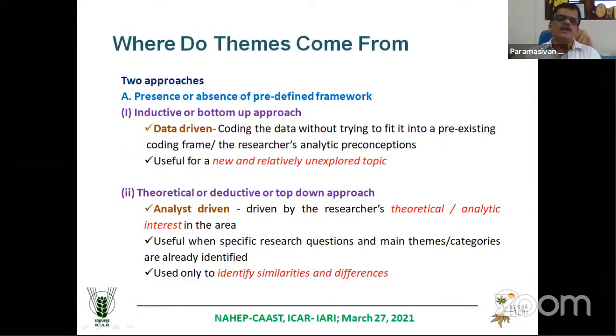Basically, in any research, the first thing is you have to identify the research problem. From the research problem, you come to the research question, and then the research question has to be converted into an objective. When you are converting the research question into an objective, you have to look at what research goal you are trying to achieve. You are going for a description, an explanation, an exploration, or a prediction. So you have to decide that when you are converting the research questions into research objectives.